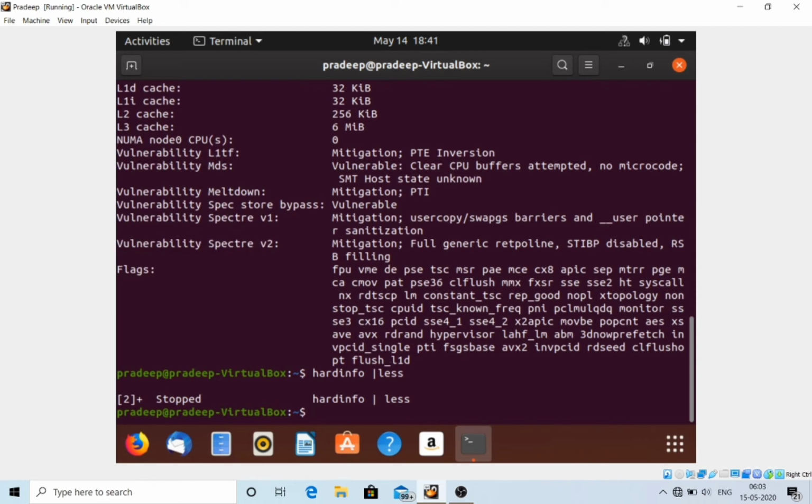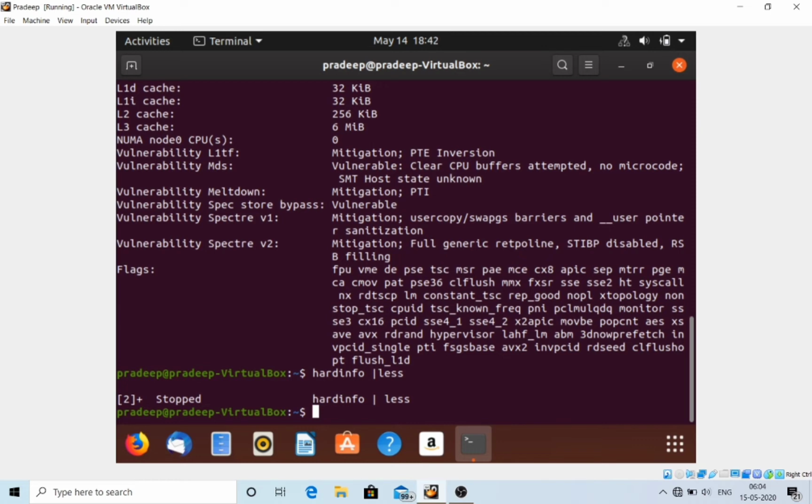Our next command is lshw. This command shows limited information about the CPU, and lshw by default shows information about various hardware parts, and the class option can be used to pick up information about a specific hardware part. So there are two things: lshw and the class option.